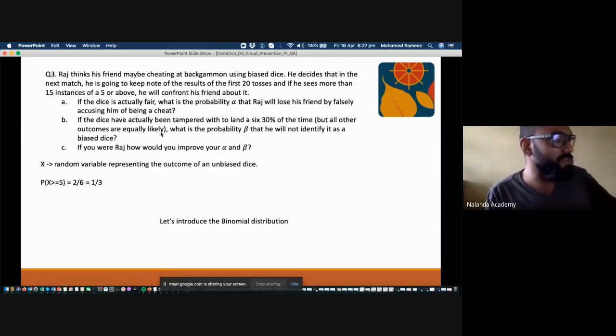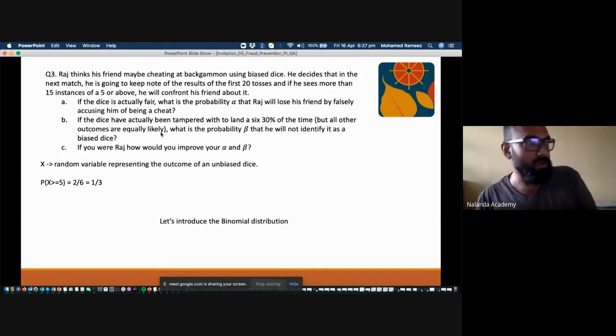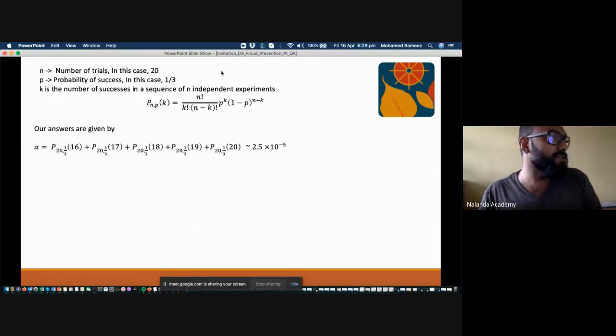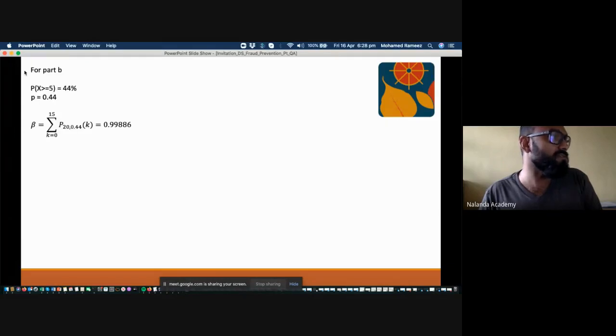If you increase the probability of one outcome by weighting the dice, there will always be a reduction in another probability. But if you could do this, what is the probability beta that he will not identify it as a biased dice? The only change you need to understand is that for part B,